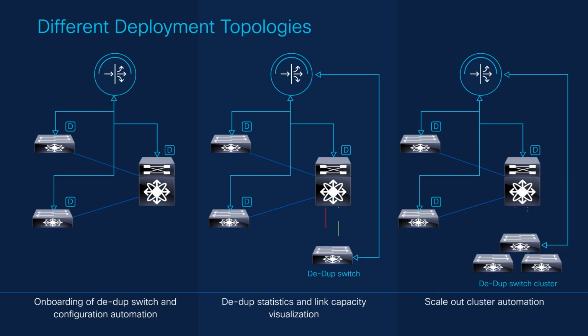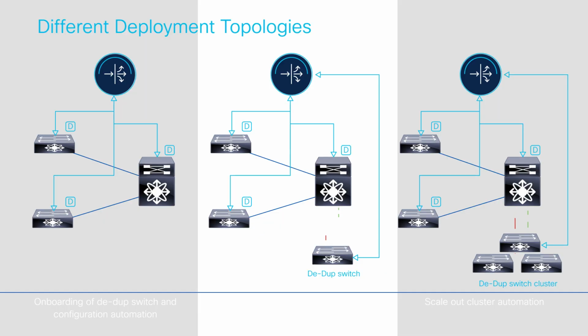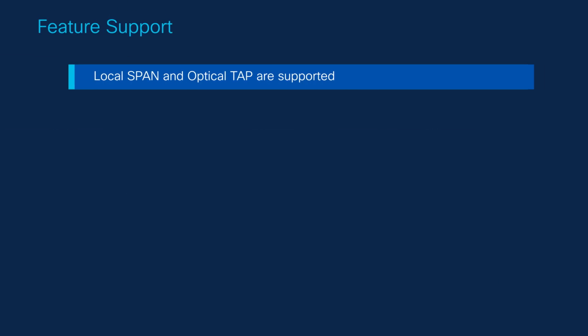Or maybe you have a huge amount of SPAN and TAP traffic coming into your tap aggregation network, and you want a farm of deduplication switches. We can horizontally plug them and cascade them to ensure you're spraying out the packets to your deduplication cluster, and again bring them back to the visibility topology before ingesting into your tools. The deduplication feature can be enabled on local SPAN and the optical TAP bringing in the